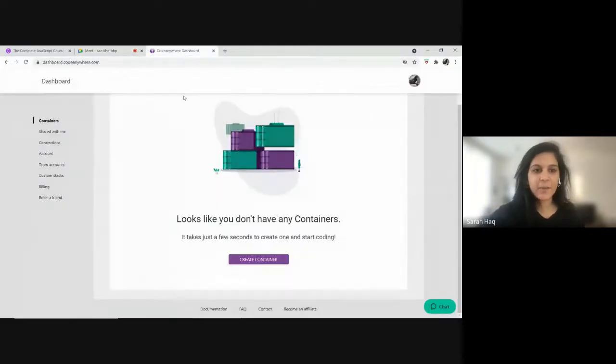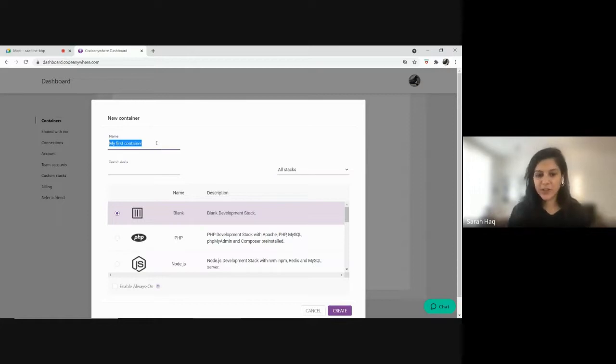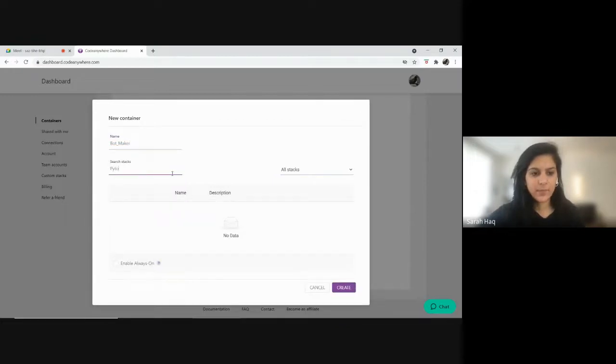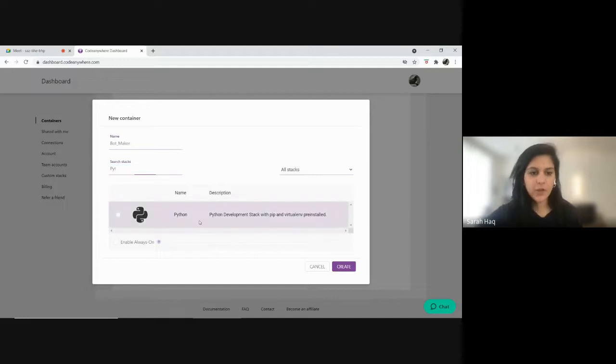Okay, thanks very much. So yeah, if you go to Code Anywhere, so the first thing is we want to create a container. The reason why I'm encouraging using Code Anywhere is just so that we all have the same setup because I don't know what everyone's machines look like. So for your first container, you just give it a name. That's a really cool name. And then in search stacks, could you type Python? Yep, exactly. And if you could create that,